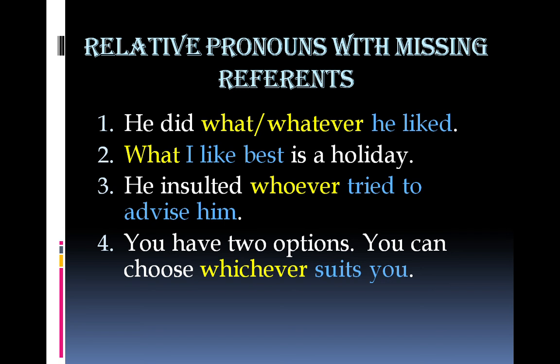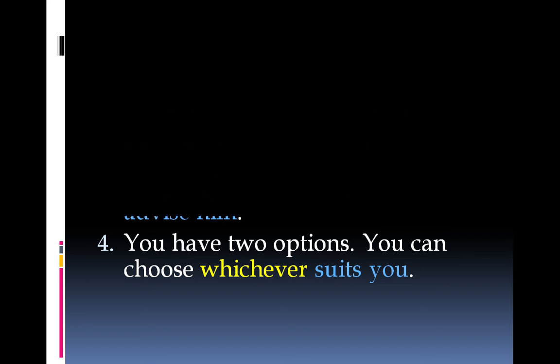So we can sum up that whenever a relative pronoun has been used in a clause or in a sentence where the referent is missing, it will still be a relative pronoun, but the clause can be a noun clause, but it will not be an adjective clause. It will not be modifying a noun. We need a noun to modify it.